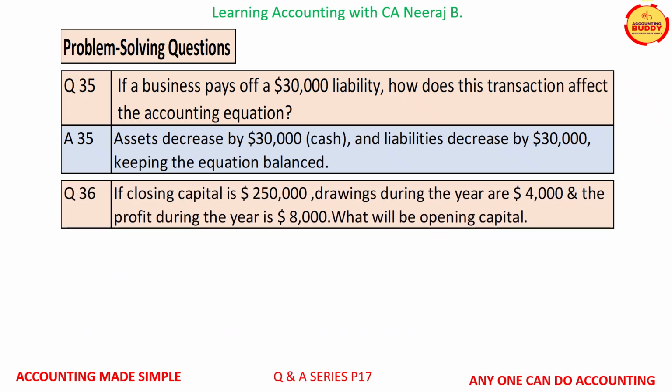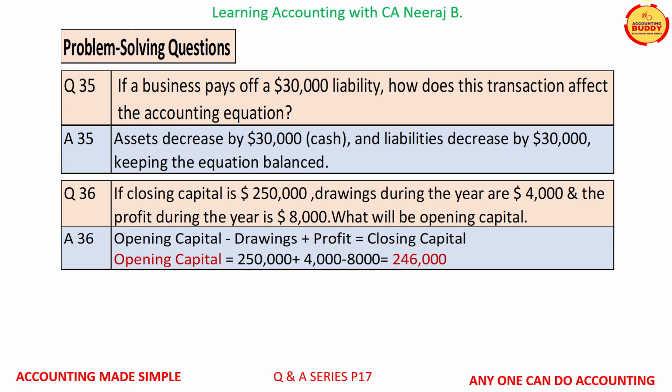Question number 36 is if closing capital is $250,000, drawings during the year are $4,000 and the profit during the year is $8,000, what will be the opening capital? The answer is opening capital minus drawings plus profit is equal to the closing capital. Therefore, the opening capital will be